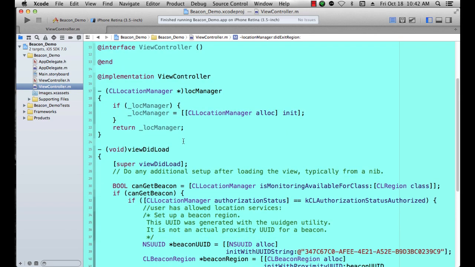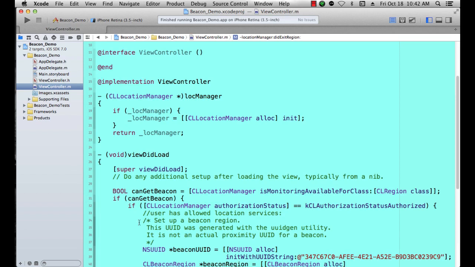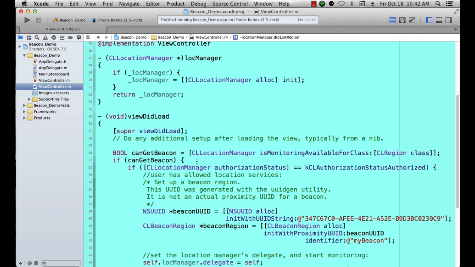Now, this is very simple code. There's absolutely nothing in the user interface. All I'm doing here is showing you how to get beacon updates and so forth. So now the first thing we do, in viewDidLoad, is check to see if we can get a beacon. And the way I do that is in the location manager class itself, I call